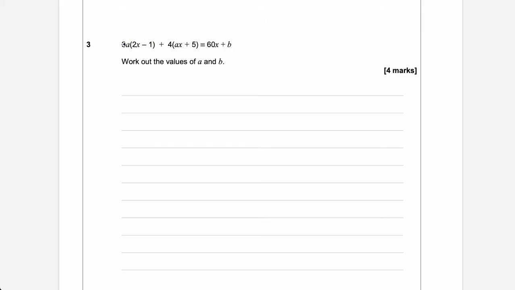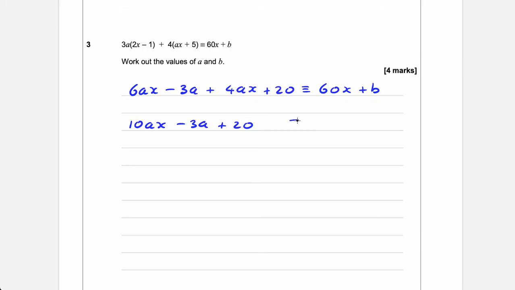So let's first multiply this out. This gives me 3 times 2, 6ax minus 3a. That's just this times this and this times this, plus 4ax plus 20. That's this times this and this times this. And this is equivalent to 60x plus b. Okay, I'll collect these terms here, guys, because 6ax plus 4ax is 10ax. So I have 10ax minus 3a plus 20 is equivalent to